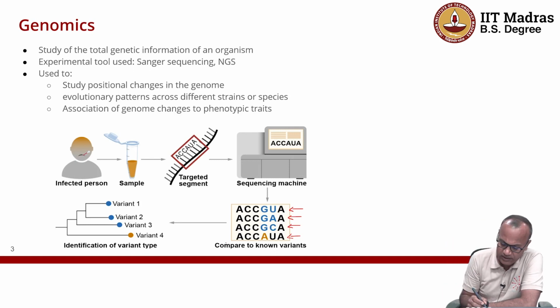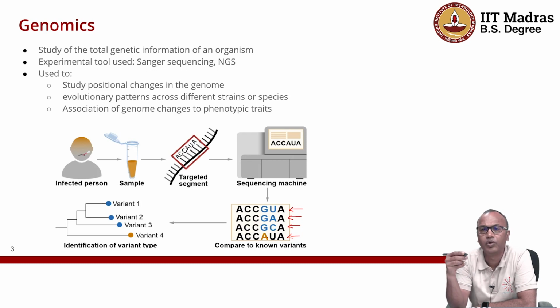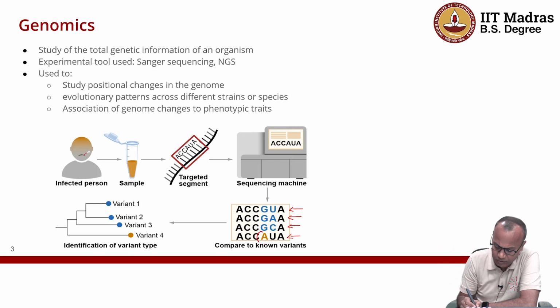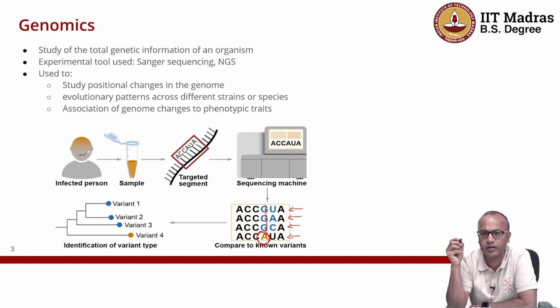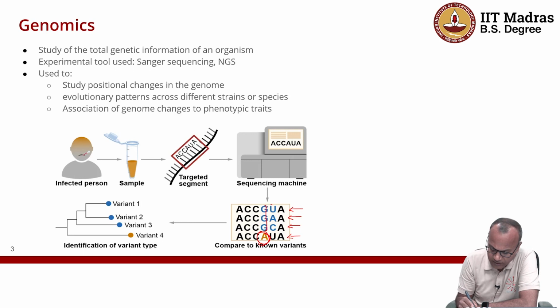And what you can do is compare this patient's infected sample with the previously identified sequences and see what the differences are. So one of the differences that you see is that everybody had a G, but this patient particularly had an A. This is also a variable site, but there is no particular association. So if these were normals and this was affected,